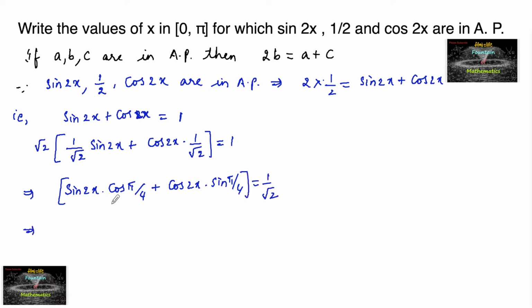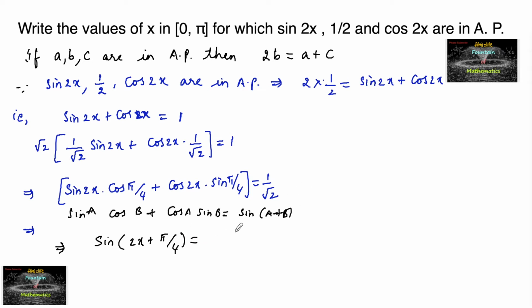So that is in the form of sin a cos b plus cos a sin b, which is equal to sin of a plus b. So here a is equal to 2x and b is equal to pi by 4. So let us write this: sin of 2x plus pi by 4 is equal to 1 upon root 2. In the principal range of sin, that is minus pi by 2 to plus pi by 2, we can take sin pi by 4 for 1 by root 2,